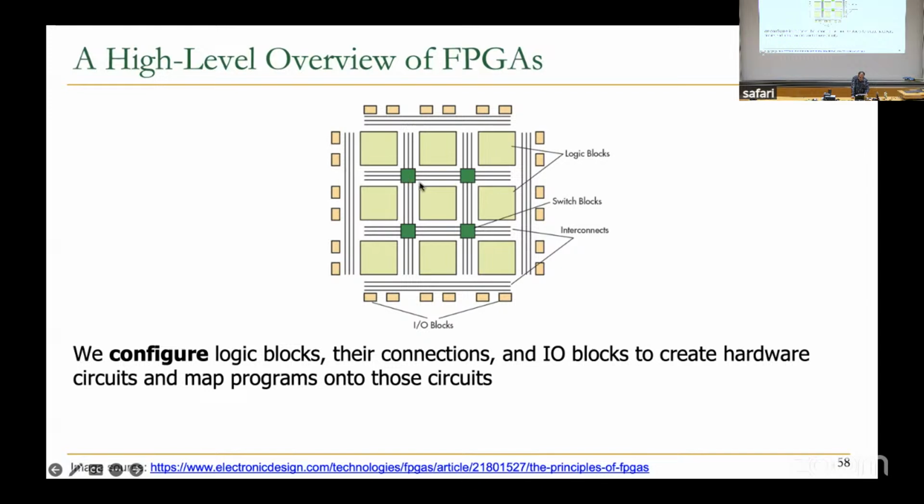And then you need to configure also these switch boxes or switch blocks, essentially, in order to make connections of these circuits. And then you have some IO blocks, which you can also configure in order to see the output. When you check the data sheet of an FPGA, you see that some of these IO paths are connected to outputs on your board. Some of them are connected to 7 segments, some to LEDs, some to switches. So you can actually configure them nicely.